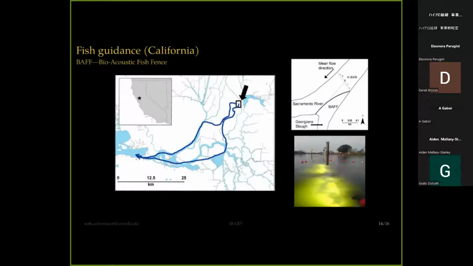And the main motivation here is a fisheries management issue. So we're working in the Sacramento-San Joaquin Delta. These are two major rivers that flow into the San Francisco Bay. And this is a very complex system hydrodynamically, because in addition to the fact that this whole system is tidally forced, so there's flow reversal even quite a distance upstream, there's also a lot of human interference. There's diversions of water for irrigation, there's diversions of water for salinity control. There is a massive amount of water that's pumped out of this system to Southern California, to Los Angeles and